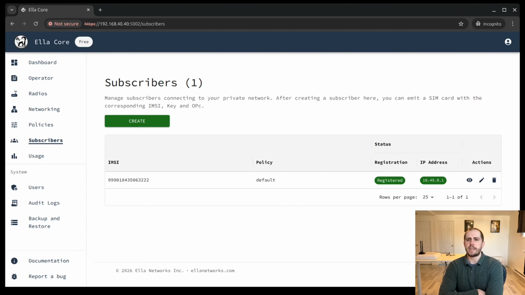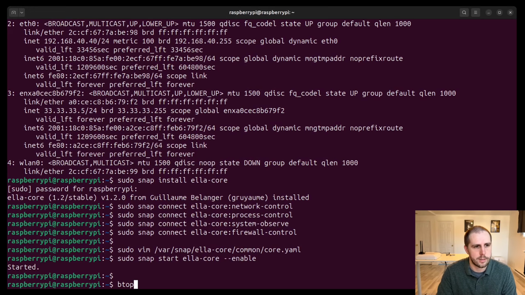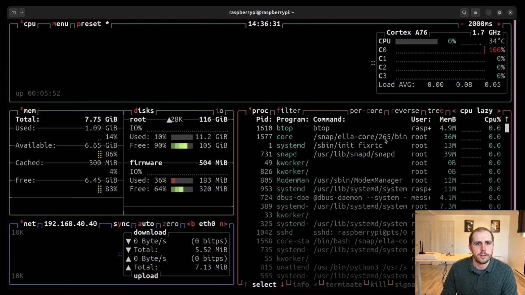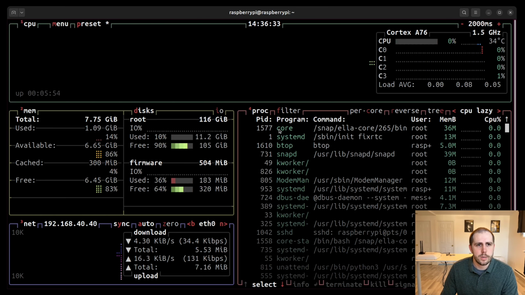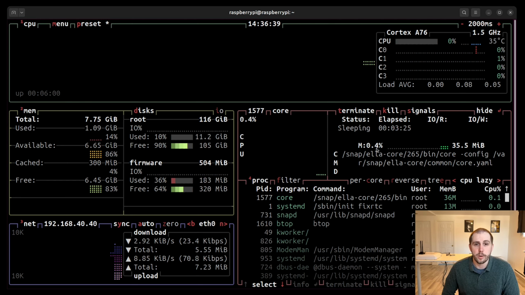Okay, so now let's look at how much resources our Raspberry Pi is using to be able to run a private 5G network. So let me go back to the terminal and let's run btop. So here, if I click on core, you can see that we're consuming around 35 megabytes of memory, which is very few.